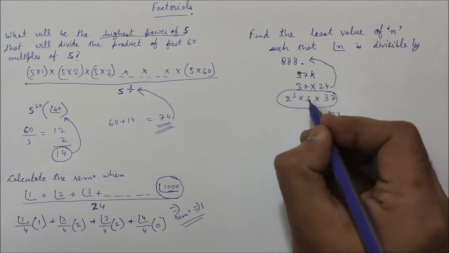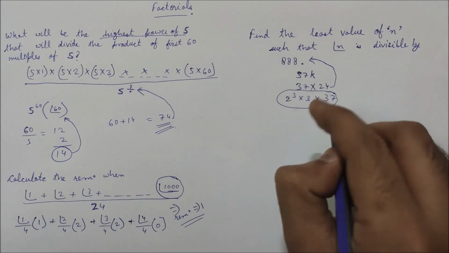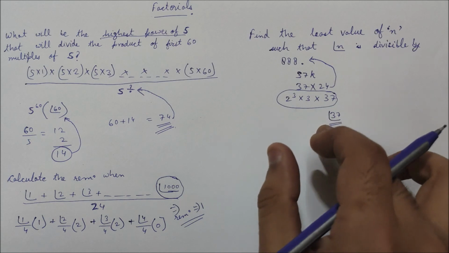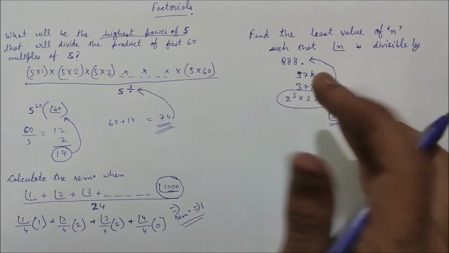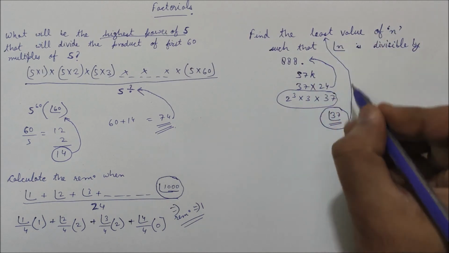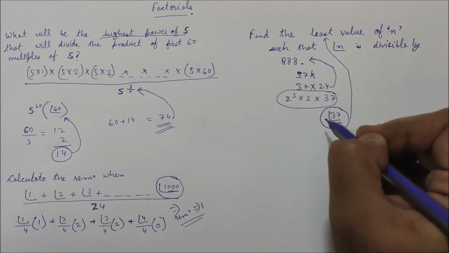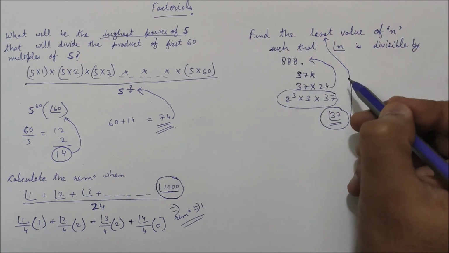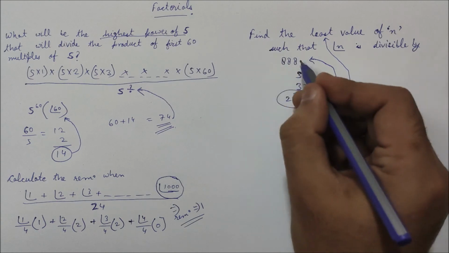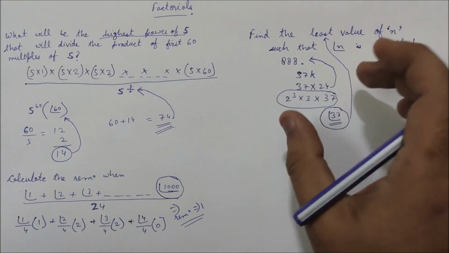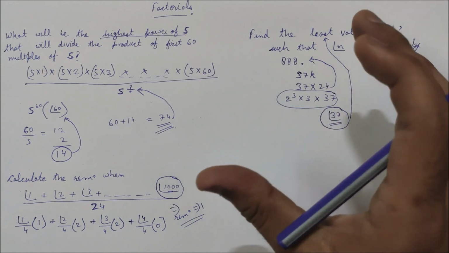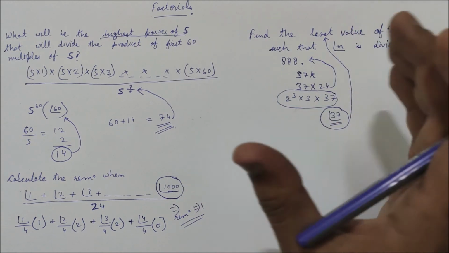And factorial 37 necessarily has one 3 in it because a 3 is obtained at 3 itself. And for 2 cube, that is 8, since 8 is also a part of factorial 37, I needn't really worry about it. So 37 is the least value of n such that factorial 37 is divisible by 888. Again, in this question you can substitute different values in place of 888 and try different divisors. That would help you understand the variety of numbers and the prime factorization forms of different numbers.